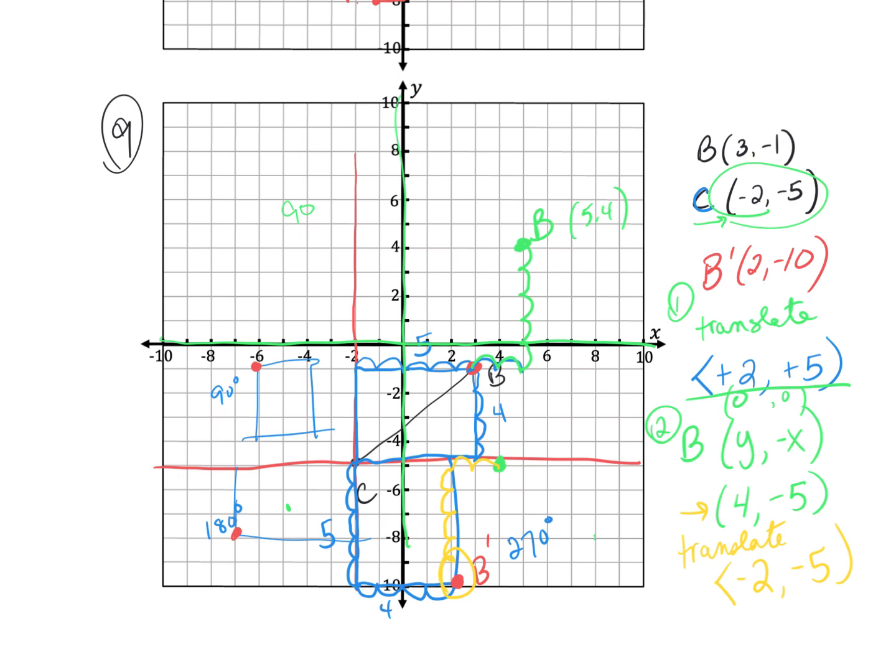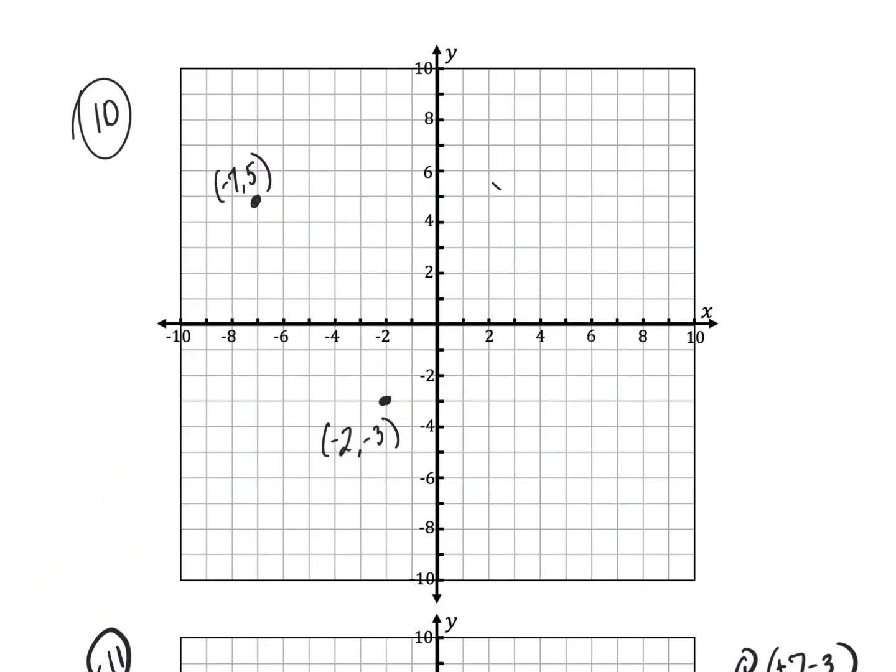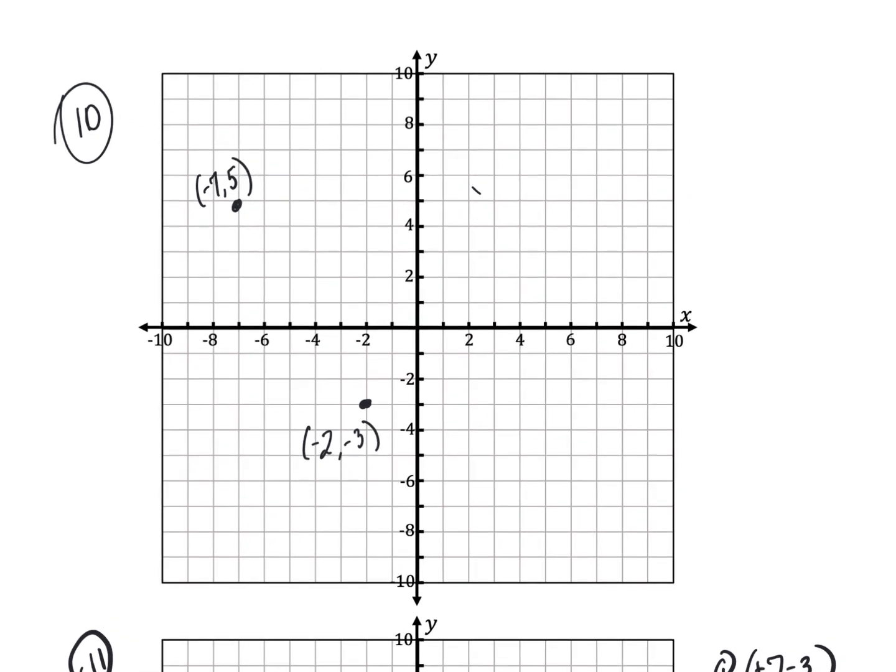I have pre-drawn already for question 10. Okay. So this time I'll start with the translation method. All right, so to rotate around -2, 3,